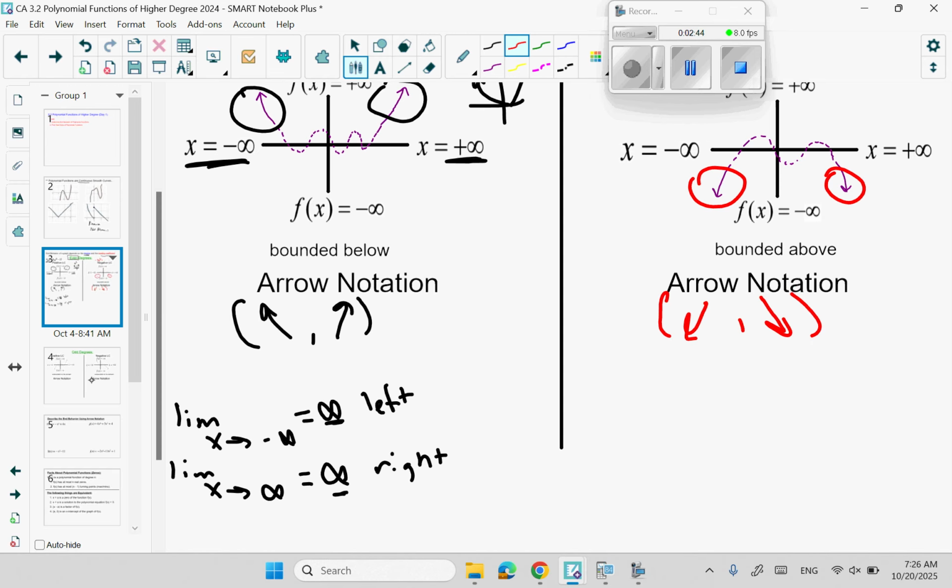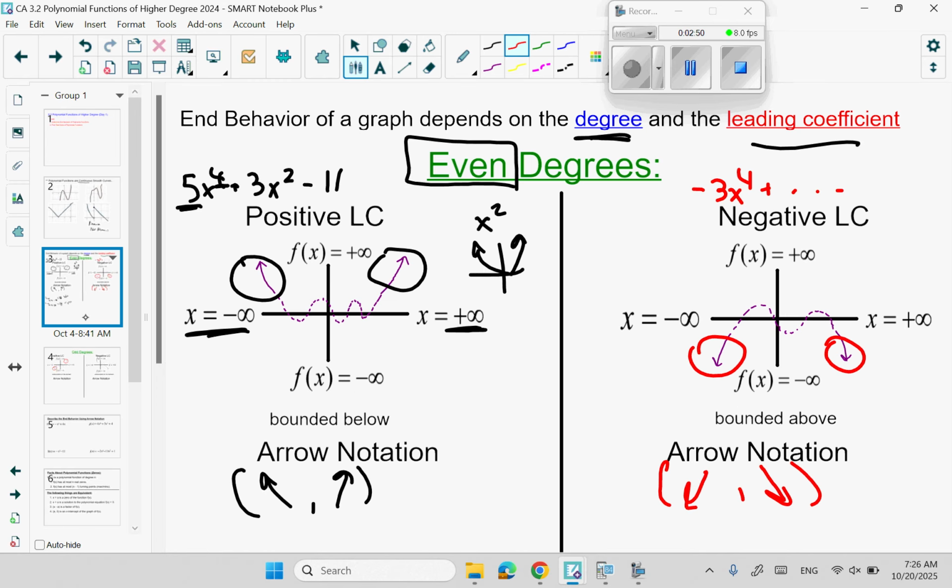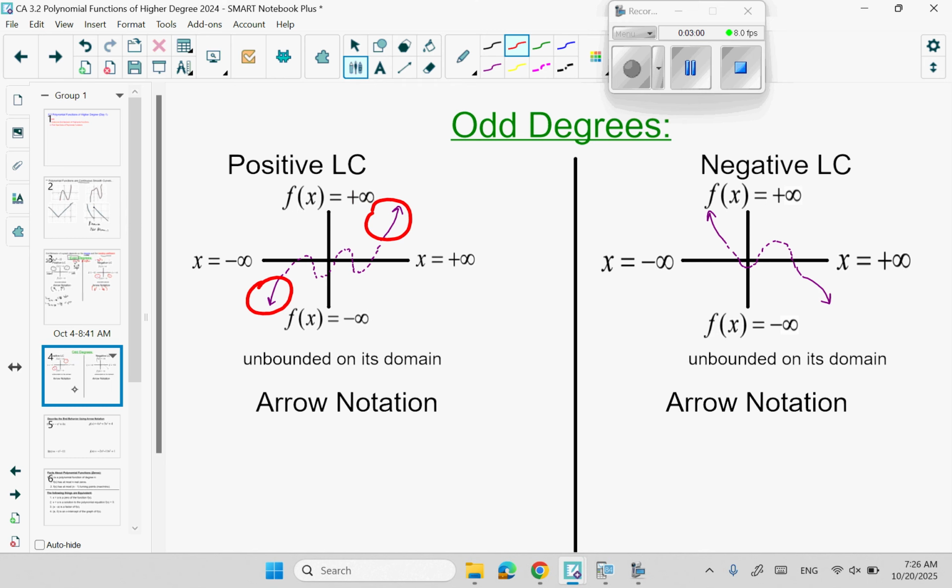Now, of course, it can also have an odd degree. Odd degrees go in opposite directions. Nice thing about even degrees is they go in the same direction as each other. Both your arrows will go up, both your arrows will go down. With an odd degree, you get one of each. So something like 7x to the 5th, or negative 3x to the 7th. You need down. So down, up,